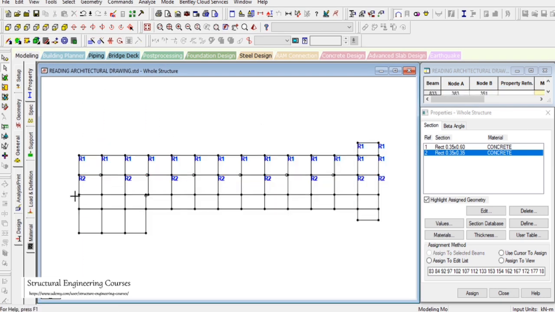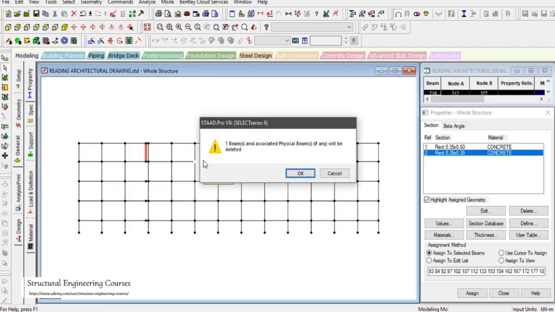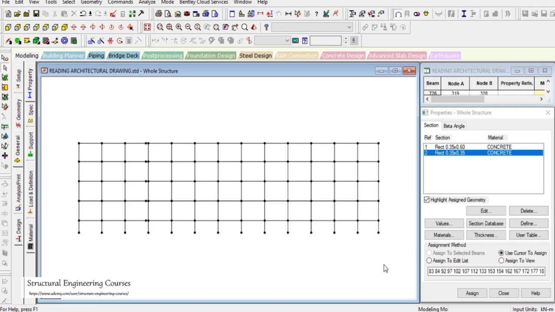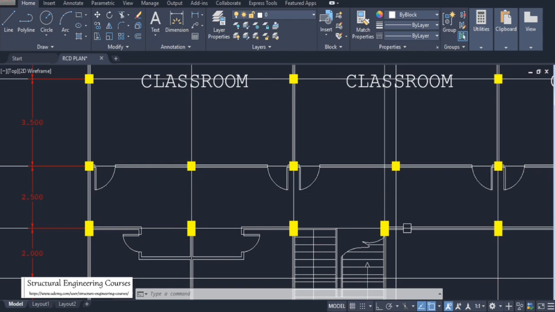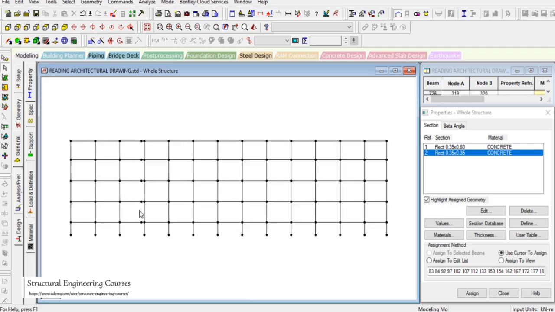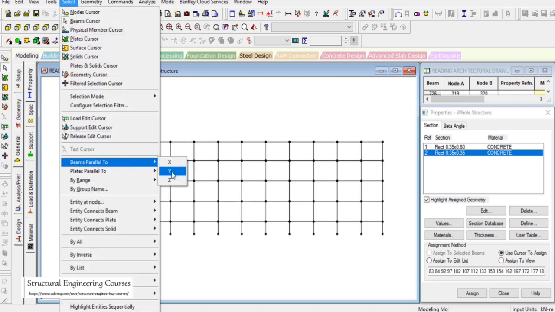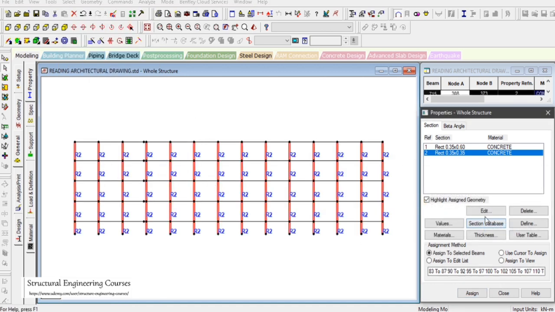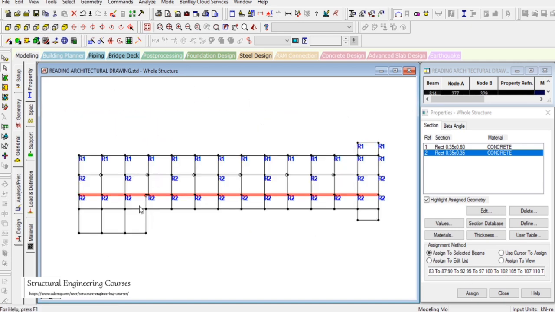Similarly, we select this whole grid here also, and on this grid delete the stub column here, and on this grid what we do need to see is that all the columns are again 350 by 350 mm. So select beams parallel to y-axis and select the 350 by 350 mm size. So now we are done with these columns, and then last, along these columns,